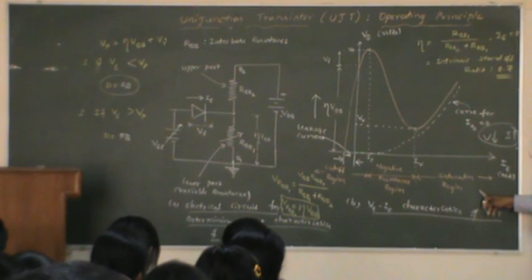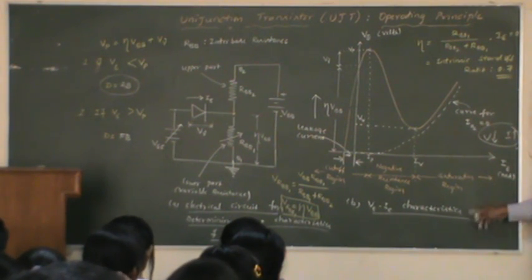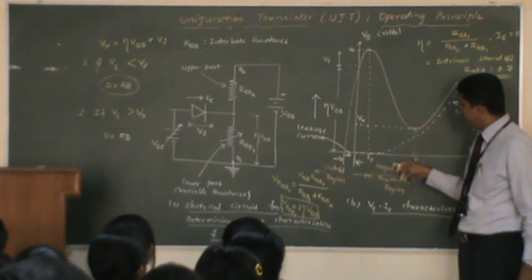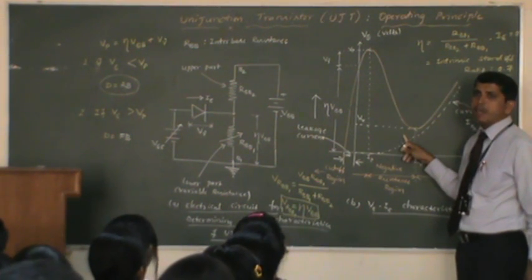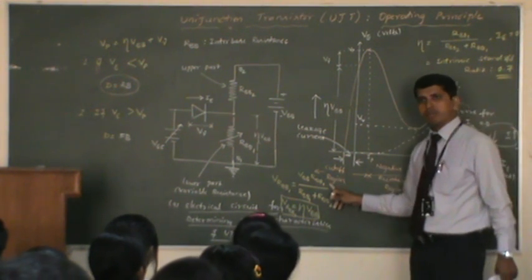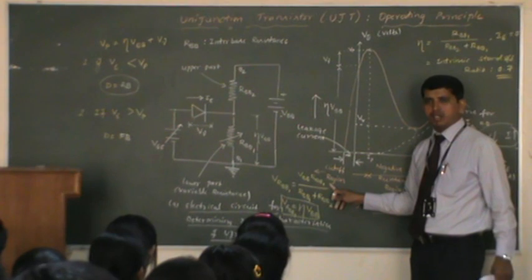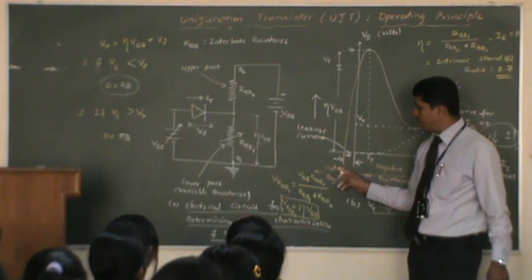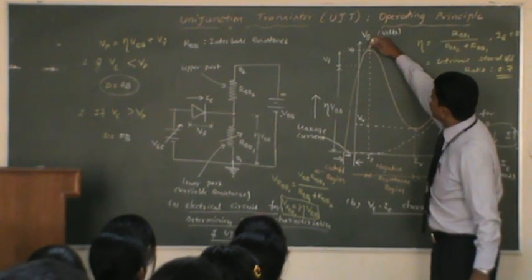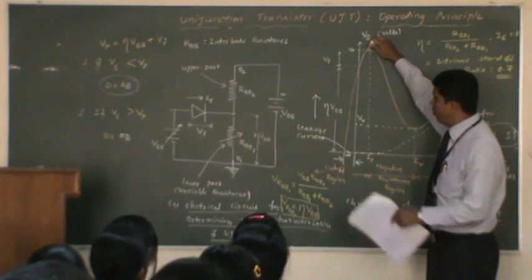In saturation region, voltage and current start increasing. But in negative resistance region, voltage across this particular UJT keeps decreasing, current starts increasing. That region is called negative resistance region. But look at the cutoff region here. There is no question of the positive current here, because the only current flowing in this cutoff region is a leakage current. Once the voltage reaches VP, leakage current will become zero.